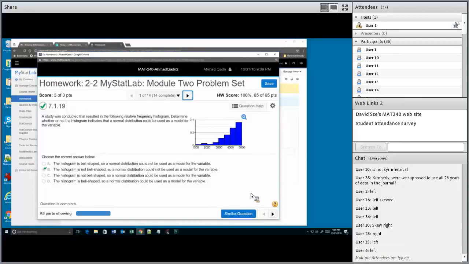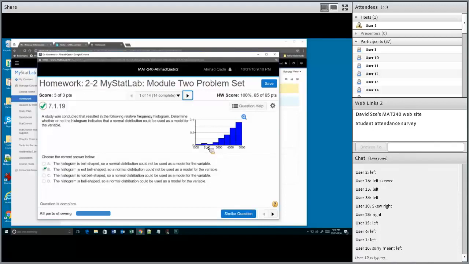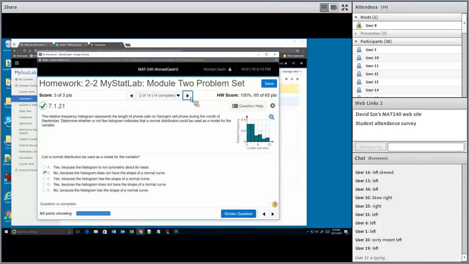It's skewed left because the tail, remember I mentioned that the tail is kind of like the outliers, right? The outliers are on the left side here because most of the distribution is on the right side. So this is skewed left and this is the opposite. How about this? Can we use the normal distribution in this case? No, we cannot. Very good. Normal distribution cannot be used here because it is not a bell-shaped curve.